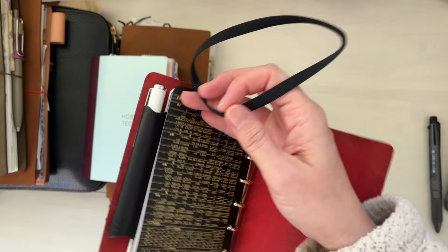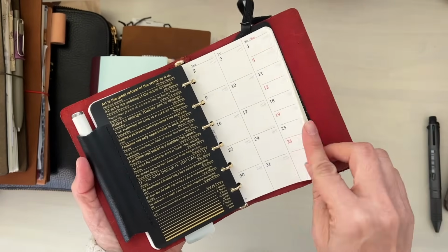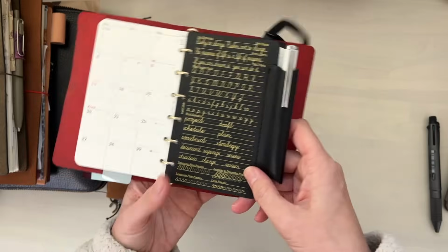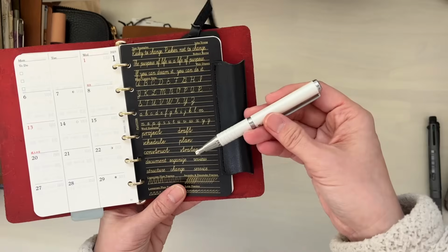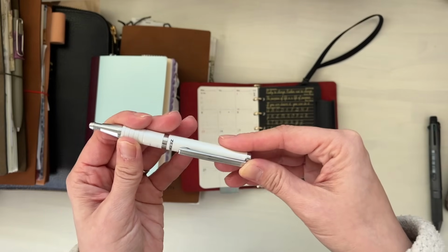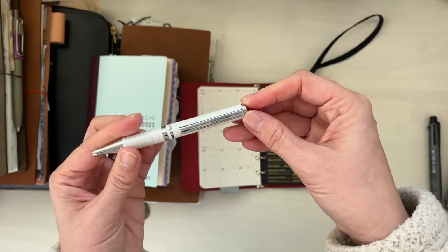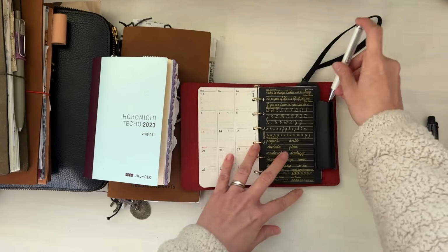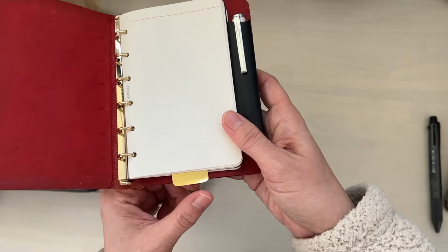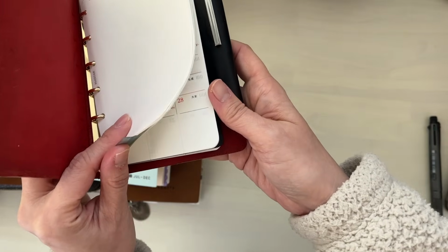I have one of these elastic closures, and then I have the month on 2 page spread, and I have the little page that also has the pen loop, and the compact Zebra ballpoint pen that was part of the stationery selection box several years ago. I want to say it was quite a while ago, but it's so compact, and it's perfect for this pen loop here. I used just a simple little page flag to direct my thumb to the current month,